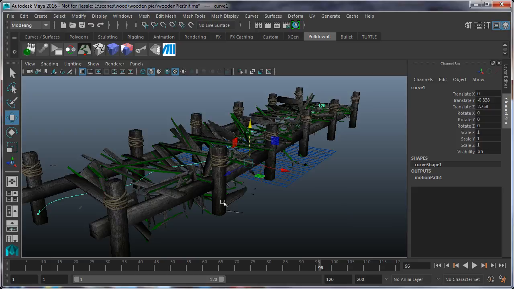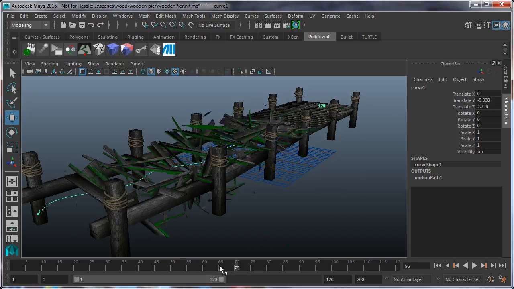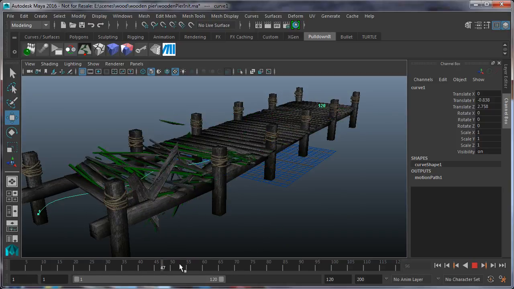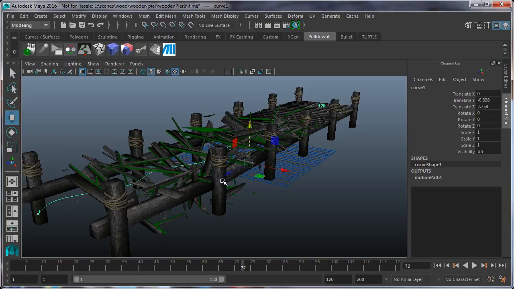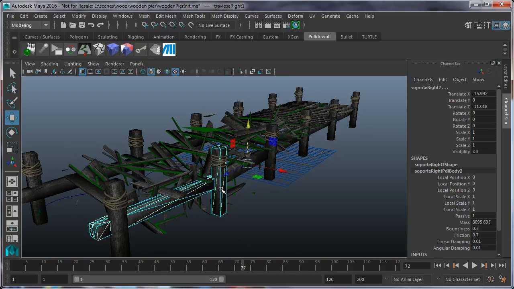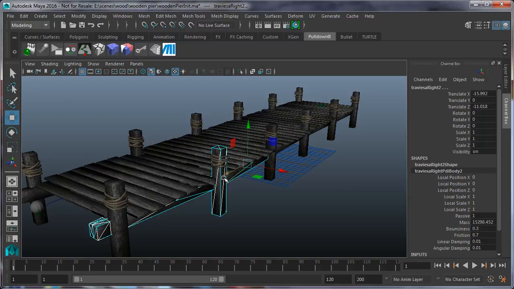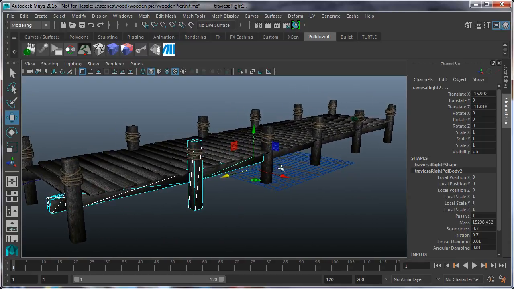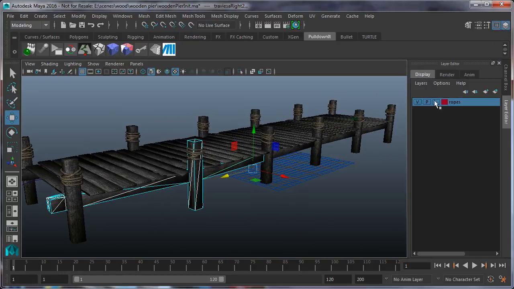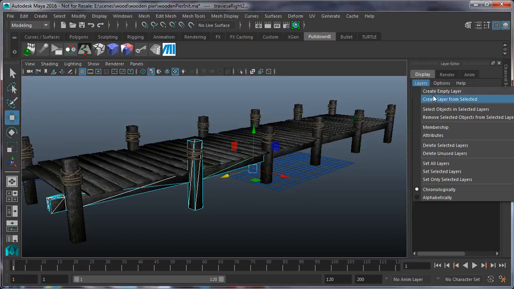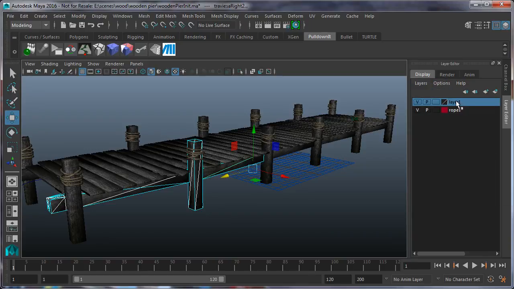Now let's add more elements to the simulation. Let's also destroy this post here. For example, let's destroy those beams and this post here to increase the quality of the simulation and make the effect more believable. To make this easier when adding more elements to the simulation, what I do is create a layer for them,